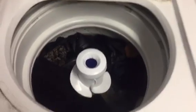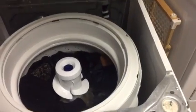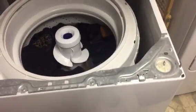As you can see, the clothes have been sitting there for 2 days. I've been too busy packing and unpacking. I gotta clean this washer. As you can see, it's a mess. I've got it pulled out. I wanted to check, if you want to know how I did that,